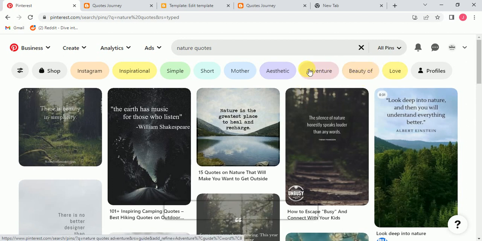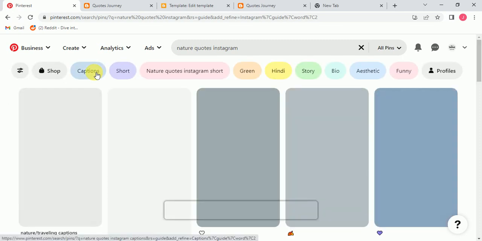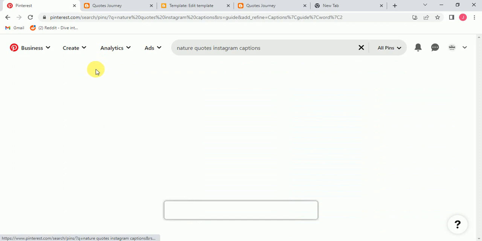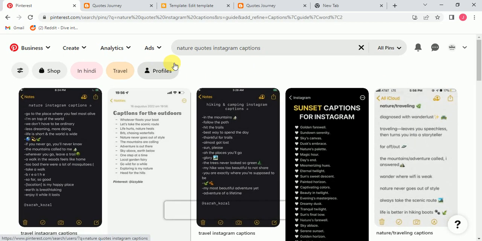So there are a lot of keywords. When you click on one keyword, it will show you more keywords like this. And Instagram captions in Hindi, travel. So there is a lot of opportunity. So you can easily find keywords with this search tool of Pinterest.